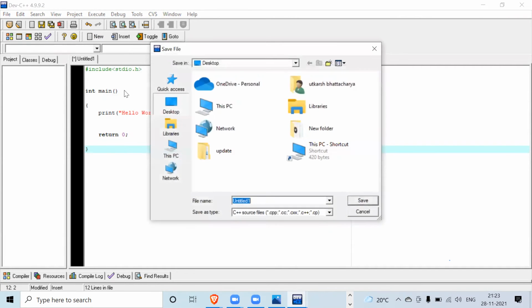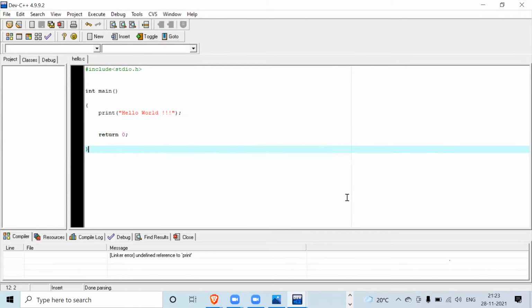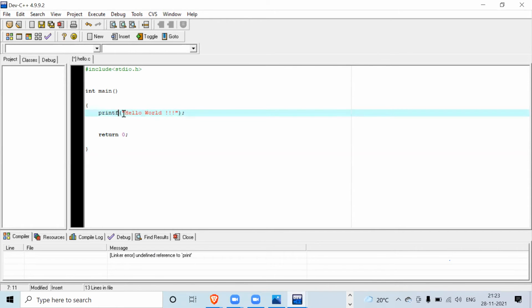Compile and run. Now, since we are reading C, we have to change the source file type to .c. It's not C++. Okay. So it has compiled and, sorry, there is one error here. See, like this, if you miss anything, it will give you an error. For example, I missed the F in printf, so it gave me an error.